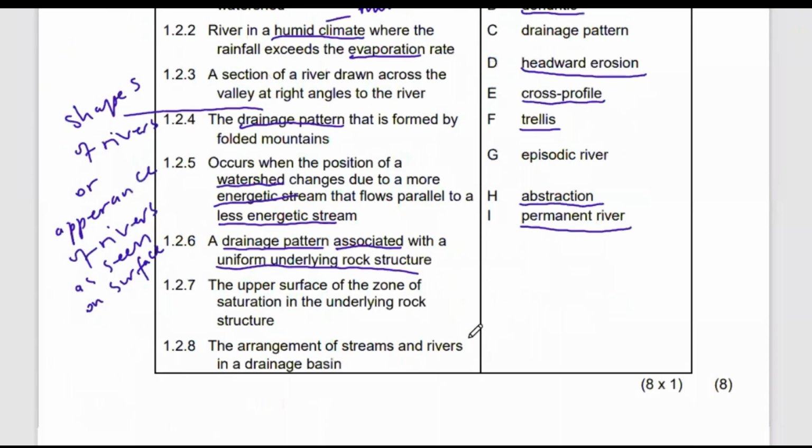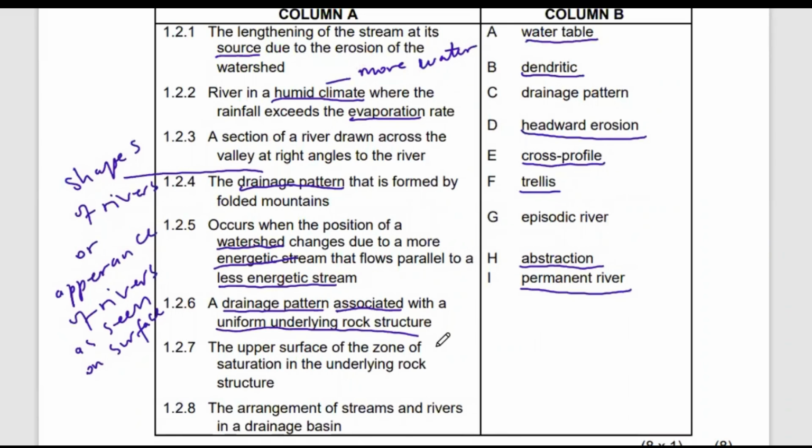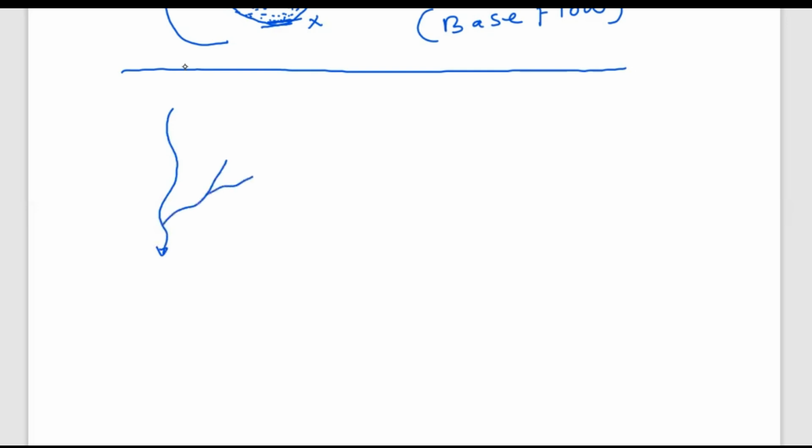All right. Go to question 1.2.8. The arrangement of streams and rivers in a drainage basin. I believe we have spoken about that one before. So the arrangement of streams and rivers in a drainage basin, that would be a drainage pattern. Because the way they are arranged, what does that mean? Now let's go back to our blank page. So some rivers are arranged in such a format. This is the main river. It has tributaries joining like that. So the way the tributaries are arranged, it will end up giving us a shape which all of us know, which we call the